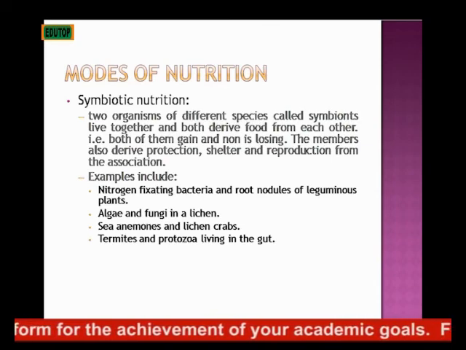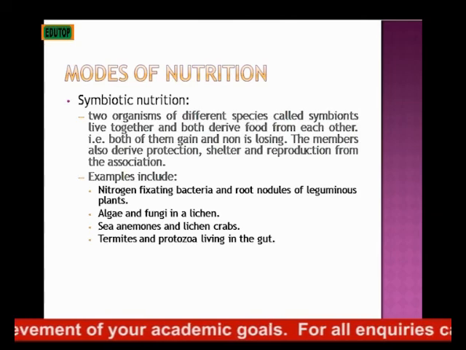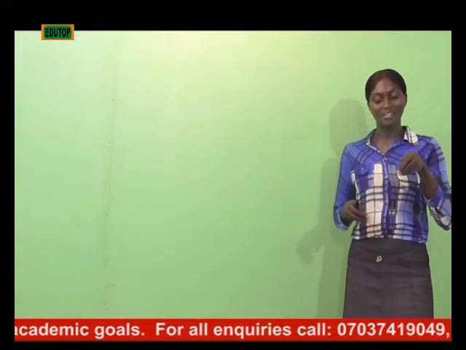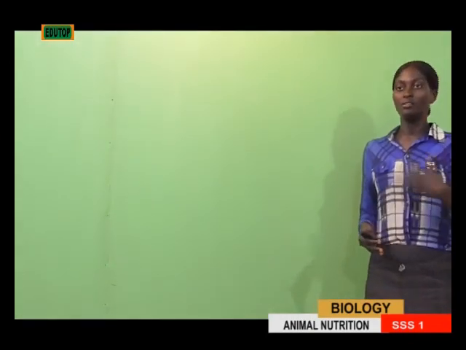The root nodules, the bacteria help the plants to get nitrogen. It gets nitrogen into the soil, and also